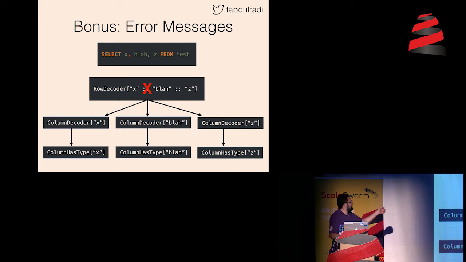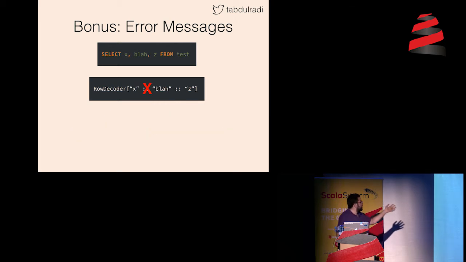So it will propagate. Now we know that there is no instance for row decoder, but we forgot all the details, all the small type classes in the middle. We forgot about them. You only get back information that, hey, there is no instance for row decoder, not a specific column. The compiler is not going to say this specific type